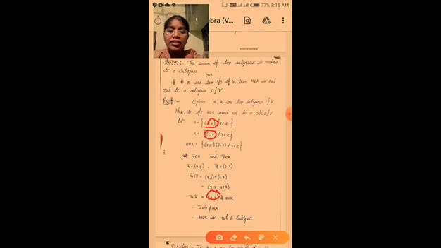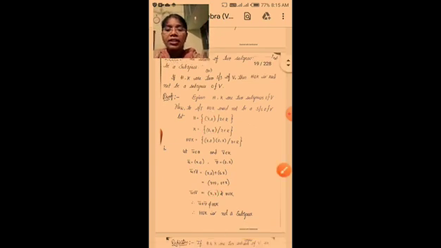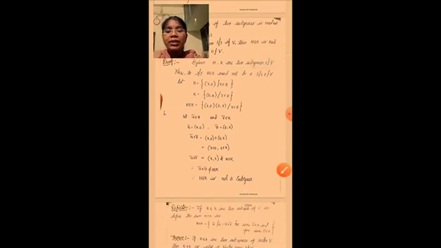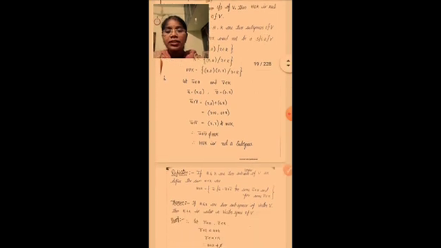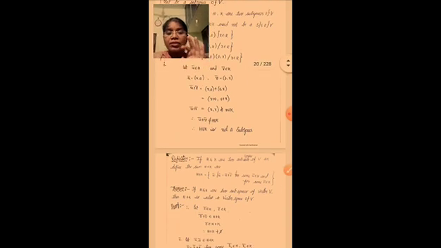So this is not an element in H union K. H union K means the element must be in H or in K, but in H here we have (x, 0), and in K we have (0, x). So here u bar plus v bar does not belong to H union K. Therefore H union K is not a subspace of V. Okay, now. So intersection of two subspaces is also a subspace, but union of two subspaces need not be